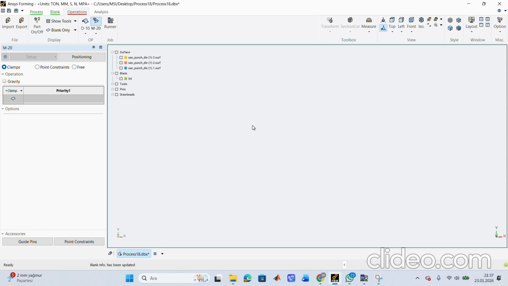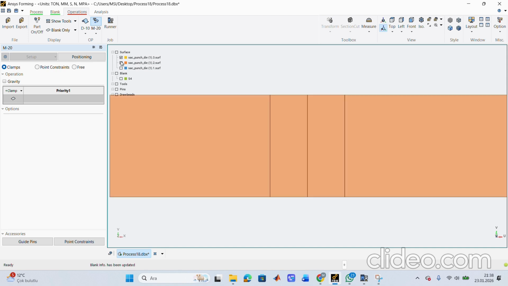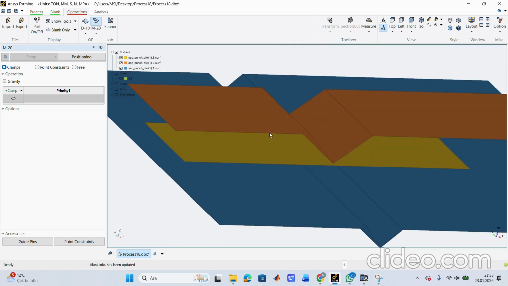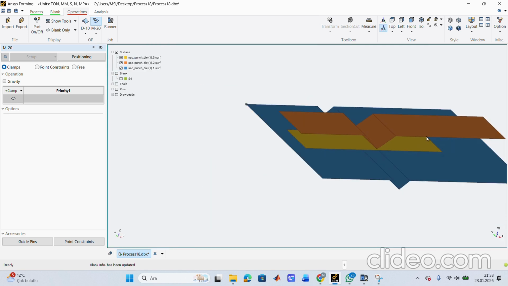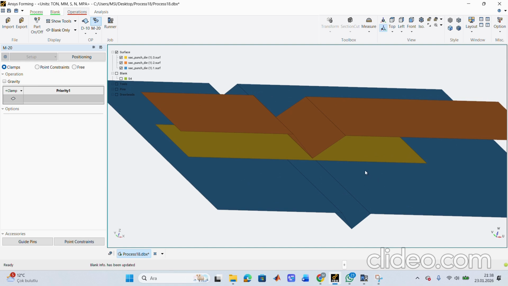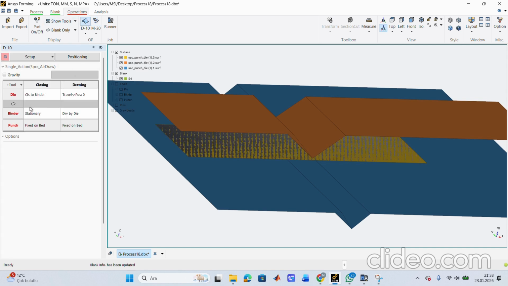where the forming process itself is defined. In this model, we have a very simple setup. One upper tool, one lower tool and the sheet metal placed between them. The lower tool is fixed here.